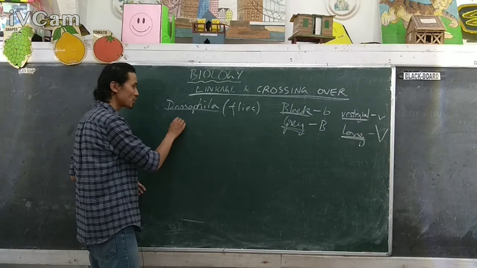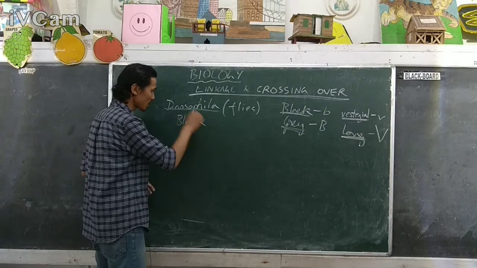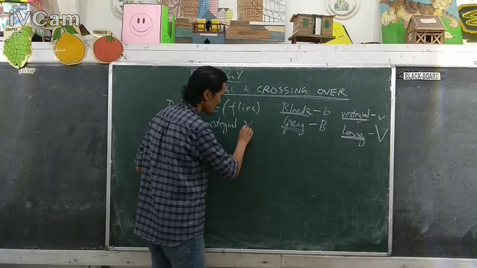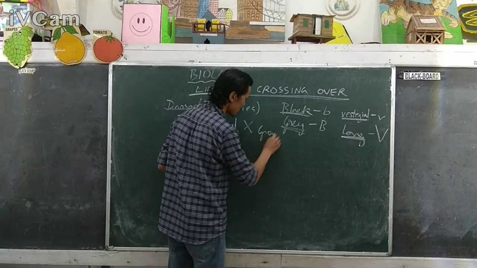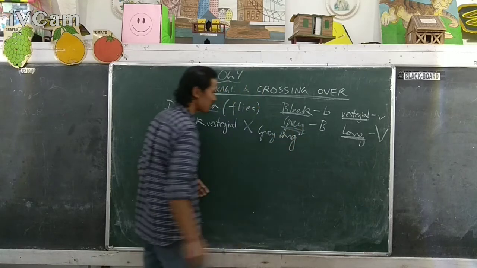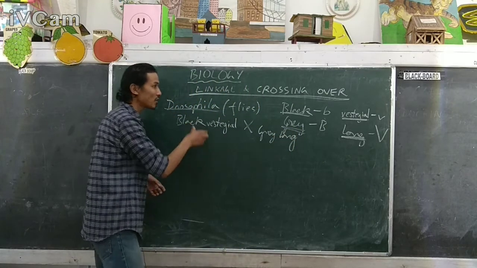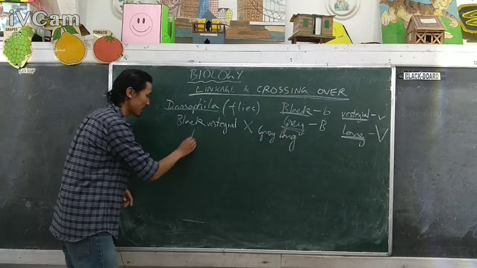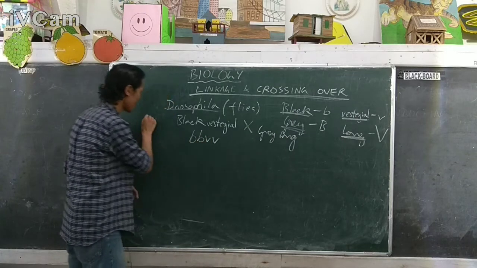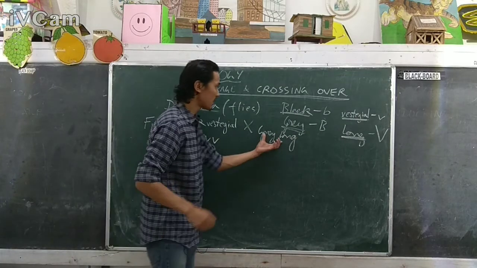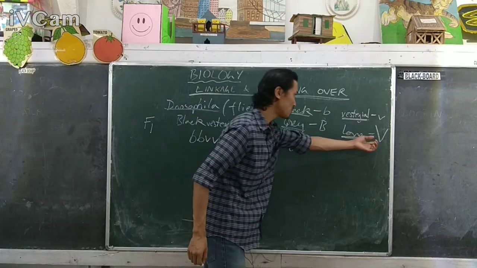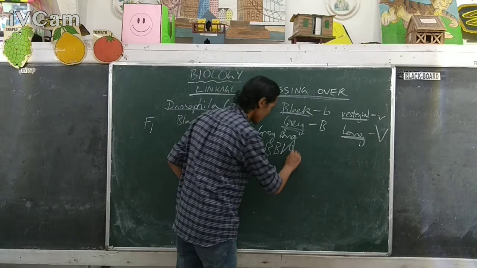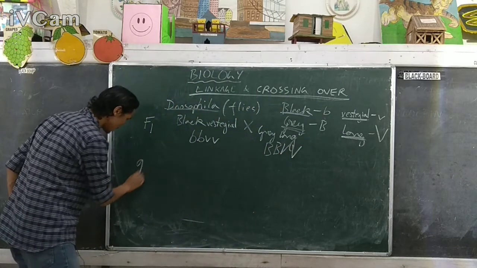So a cross between black vestigial and gray long flies. Black vestigial I have designated by small letters, so these are the recessive characters. Gray and long I have designated by capital letters, so these are the dominant characters. So the gametes are